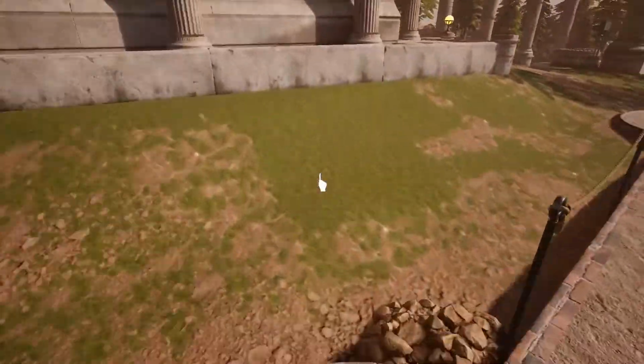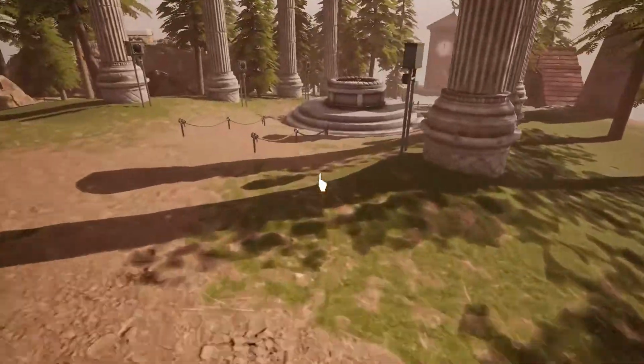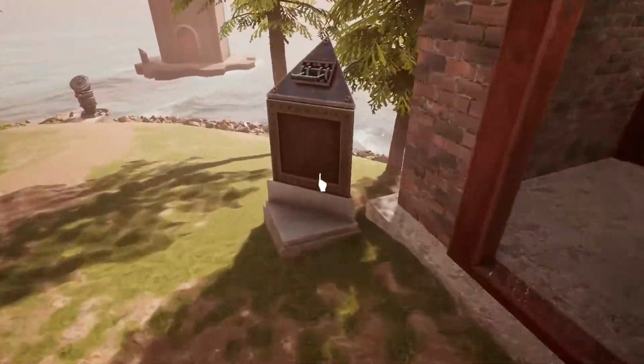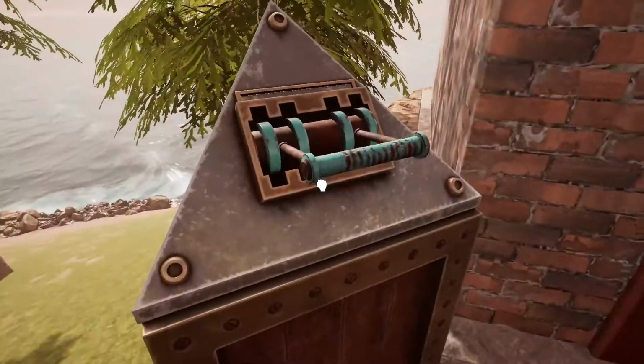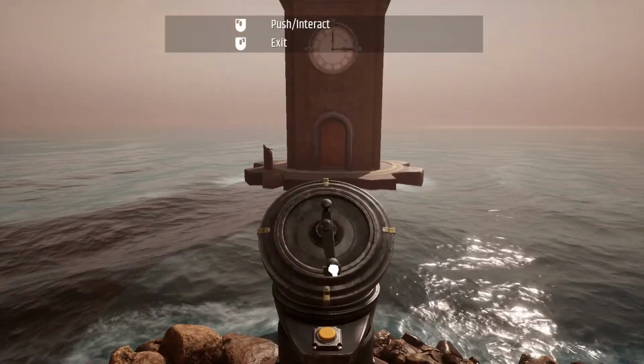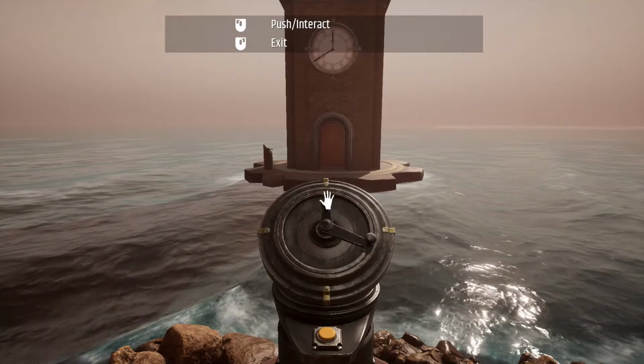Then as you make your way back down the hill, you're going to ignore a couple of switches that you're going to hit on the way back instead. So go straight for this one by the stone building, hit this one, then quickly set the clock time to 2:40,